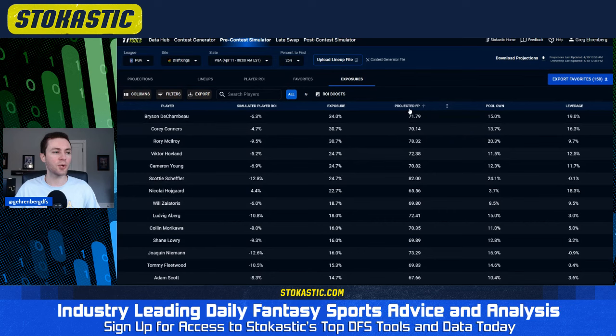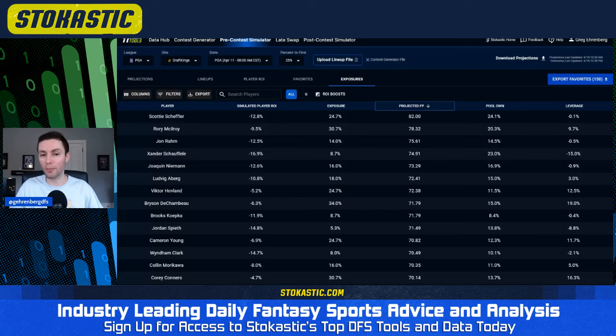And if you guys do want to see just our fantasy point projections, I'll hit on that here as well. Nothing really massively surprising. Scotty Scheffler projected for the most fantasy points in the field. I mean, you got a guy who's anywhere from like plus 400 to plus 550 at different sportsbooks. Yeah, he's going to end up being the highest projected golfer in the field. So in terms of our top projected golfers, it is Scotty Scheffler, Rory McIlroy, Jon Rahm, Xander Schauffele, and Joaquin